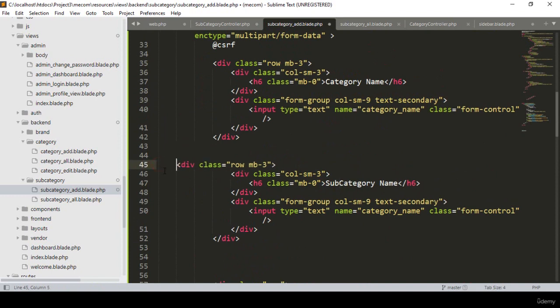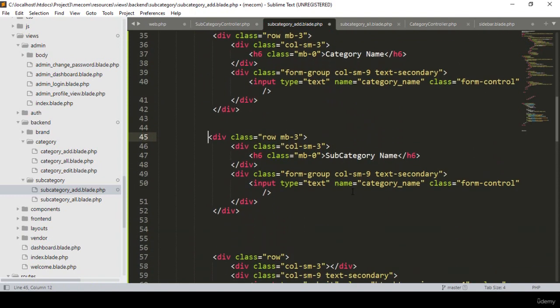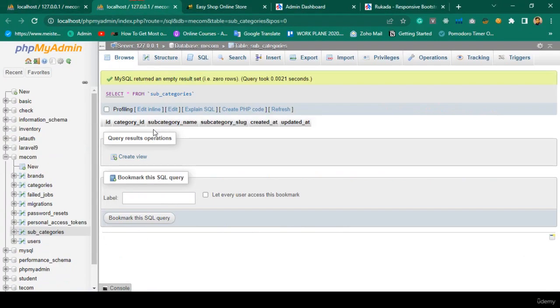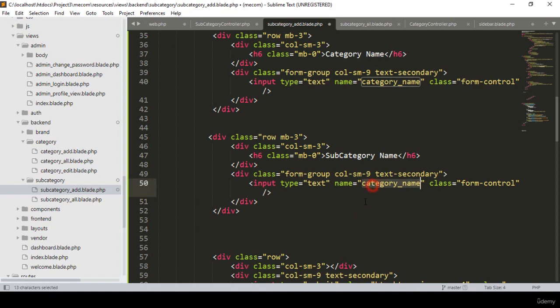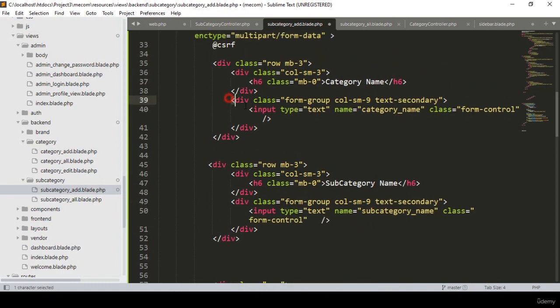Okay, perfect. So for the subcategories, I want to update our field name for the subcategories as subcategory underscore name. I copy it. Now that will be the subcategory name, and here I want to load all of our